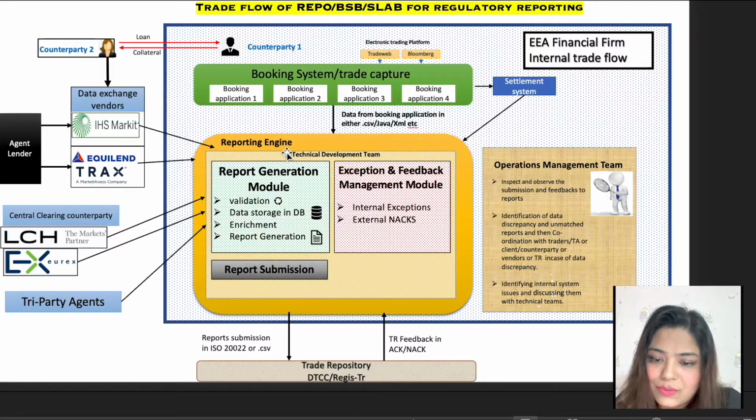and then this data flows to a reporting engine. This reporting engine mainly handles the generation of SFTR reports in the required format provided by ESMA. And then there is this trade repository, which you can see, to which all financial firms will be reporting their SFTR trade data. Then apart from this, there are some other outside participants which play a vital role in SFTR reporting, which we will discuss further. So let's start with a basic quick overview of this trade booking system, which is here represented in a green color.